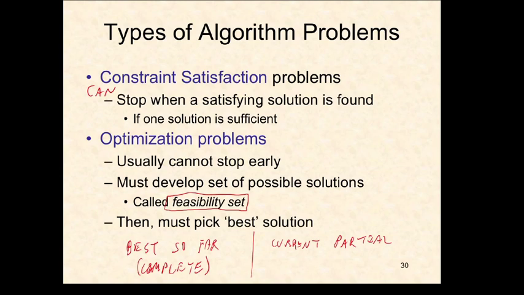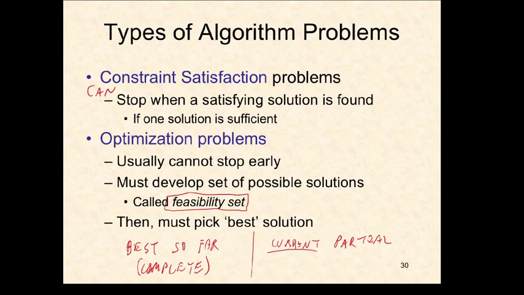I'm going to build up my solution a piece at a time. When it becomes complete, when I've picked everything, I would ask, is my current solution better than the best so far? If it is, let's change the best so far to be equal to the current one,